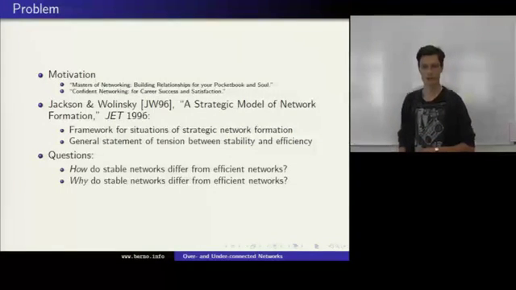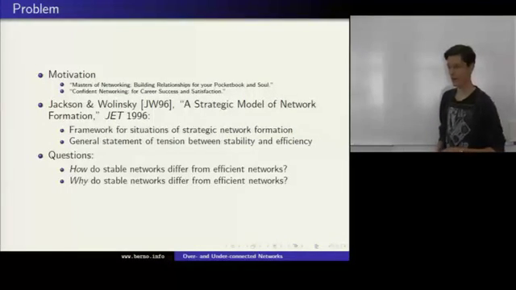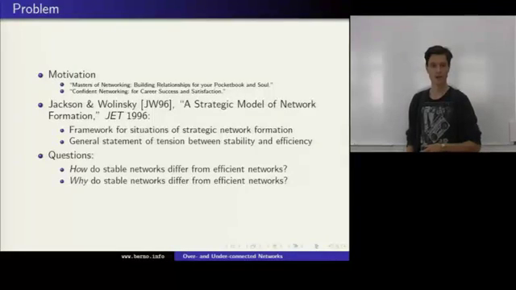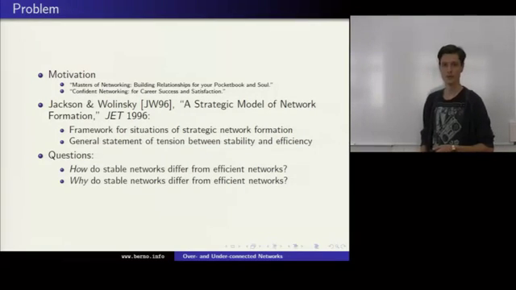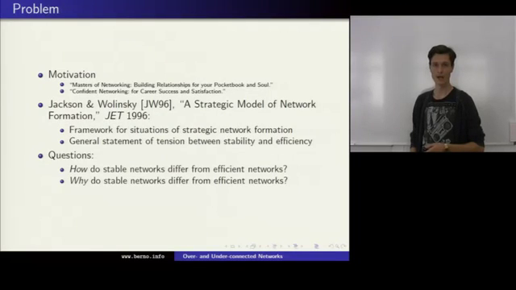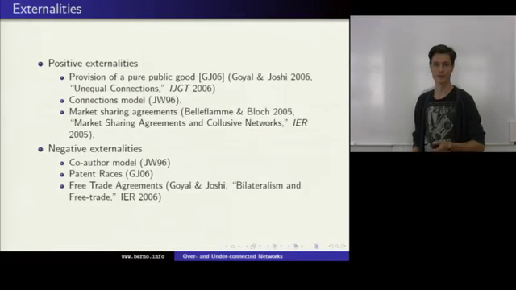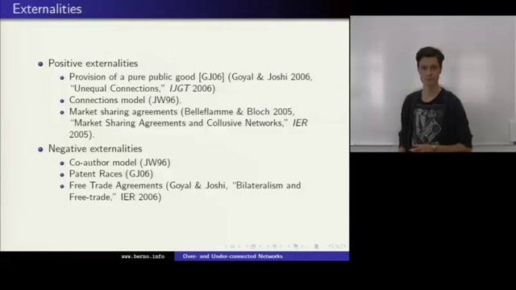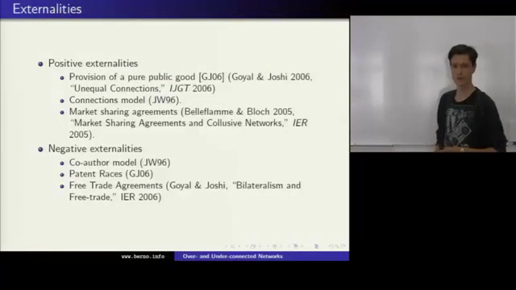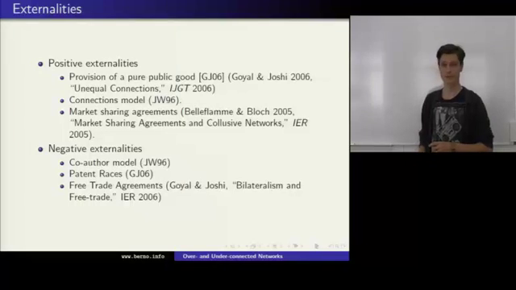So the following questions directly start at this result: how do stable networks differ from efficient networks? And why is it the case that stable and efficient networks do not coincide in general? With some experience in game theory, you might conjecture that the answer to the why question can be given in one word: externalities. In the context of strategic network formation, positive externalities would mean that when two agents form a link, third